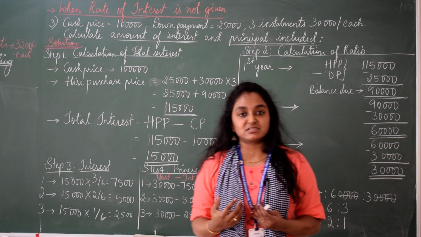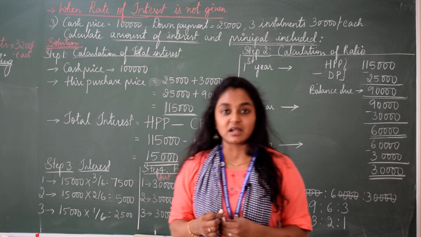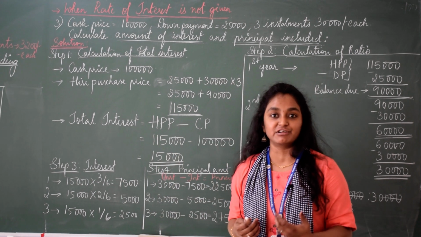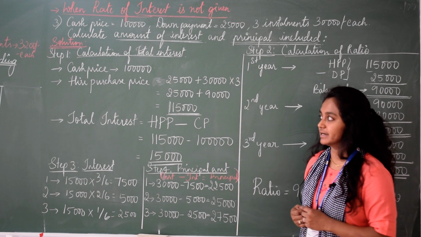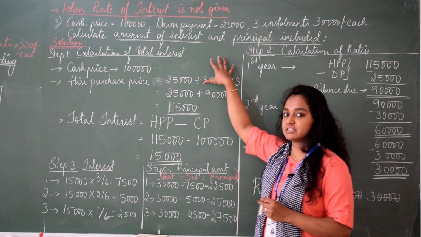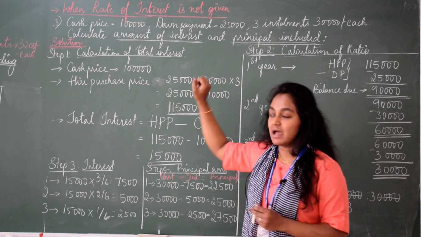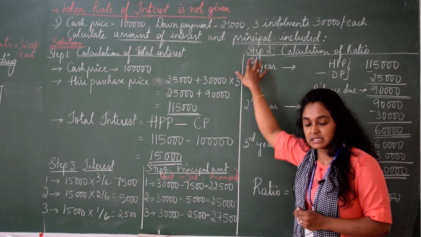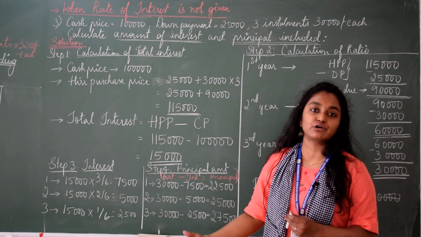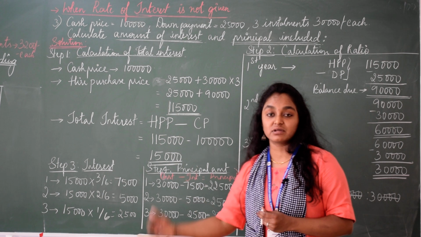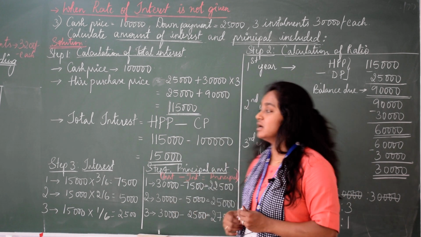So when rate of interest is not given in the question, how do we calculate the rate of interest amount? That becomes important. So this is that kind of adjustment where rate of interest is not given, but using the other given details in the question, we have to formulate the rate of interest amount and then see how the interest and installment will be given together.